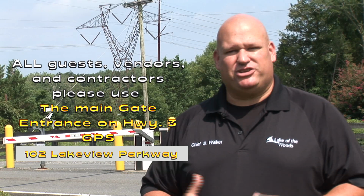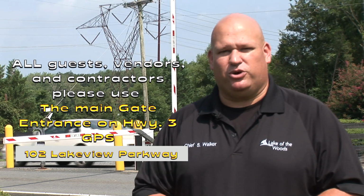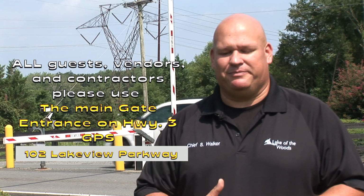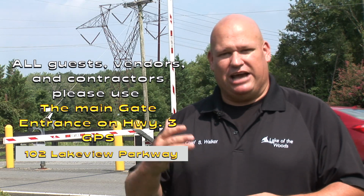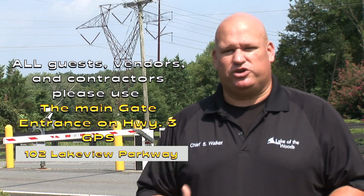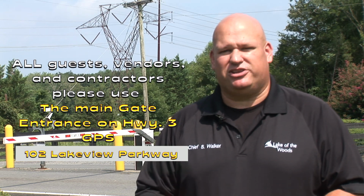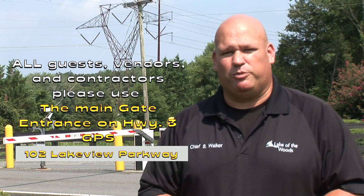We do have several gate strikes due to tailgating in this area, and this is where a vehicle is attempting to follow another member at close proximity through the gate system. The problem is, this is not designed for tailgating. The gate will actually come down and hit the tailing vehicle. With the camera systems in the area, we do catch most of this activity. The ones we don't catch actually cost the homeowner $1,500 to $2,000 every time we have to repair the